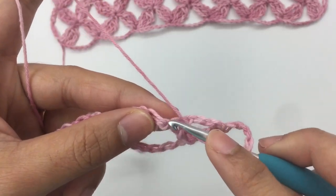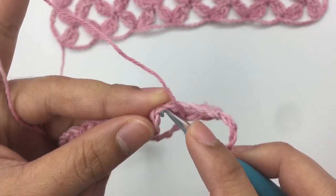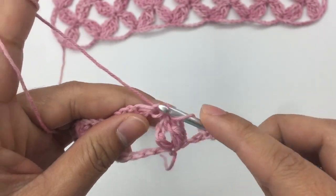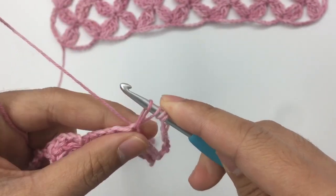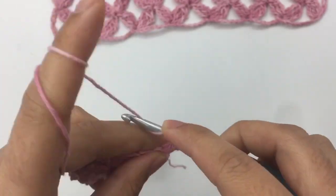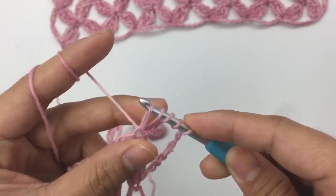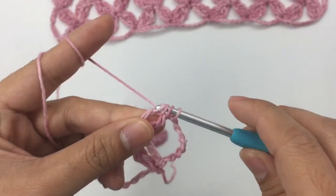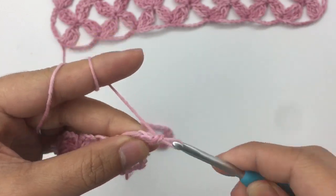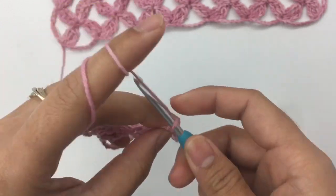Insert the hook into the chain stitch right here, right into the stitch. Okay, like that. And then pull up a loop, and then yarn over, pull through 2 loops, yarn over, pull through 2 loops, and then yarn over, hook twice, insert the hook into the same chain, pull up a loop, yarn over, pull through 2 loops, yarn over, pull through 2 loops, and then I have 3 loops on my hook. I'm going to yarn over and pull through all 3 loops like so, and then I'm going to chain 4, 1, 2,